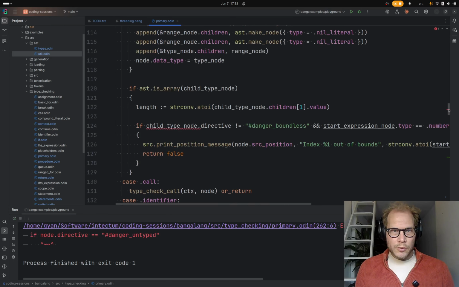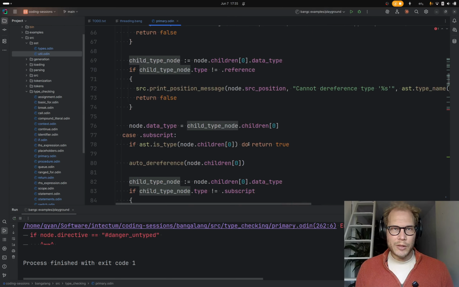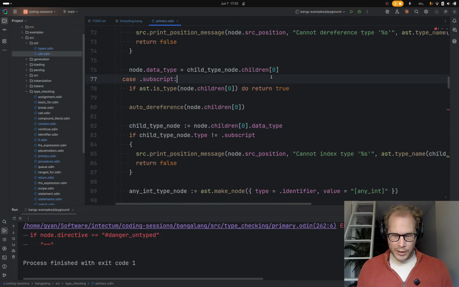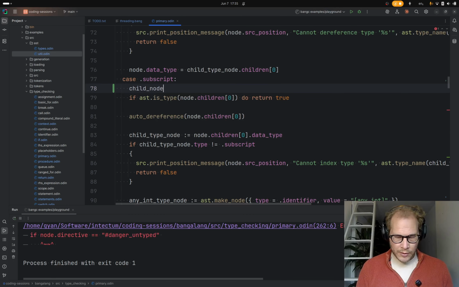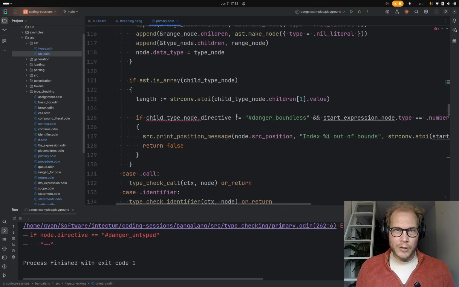Okay, so now we're saying the type node danger unbound. I feel like it doesn't have to be just the type node. It looks like it's not saved anywhere. It could be just the child node, because then it'll also check the data type, right?